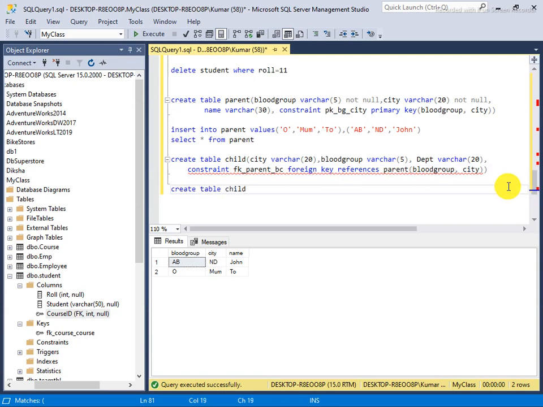Create table child, I say here blood group varchar 5, and department varchar 20, and again city varchar 20.